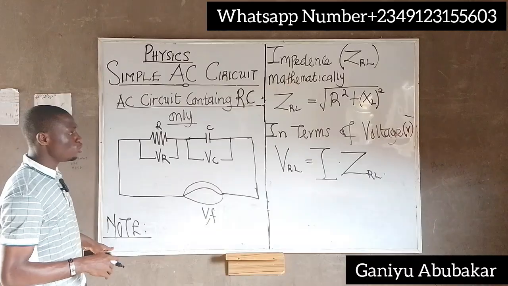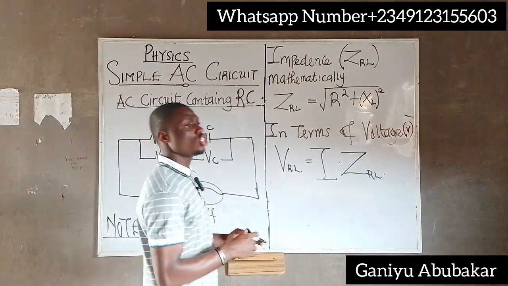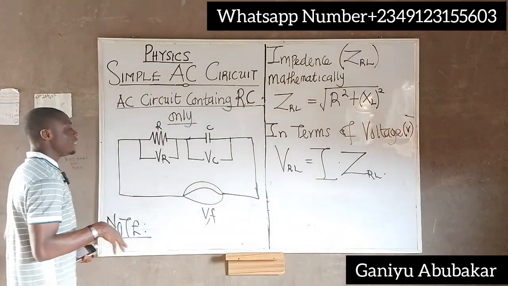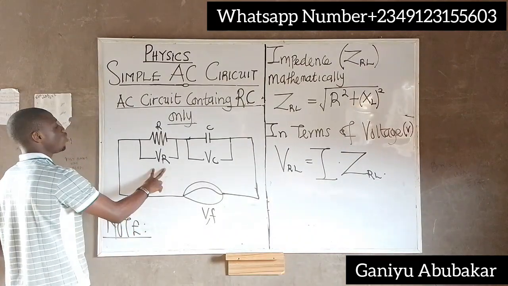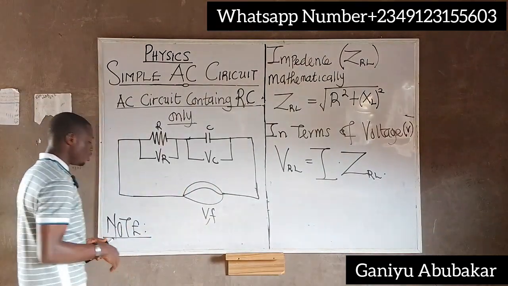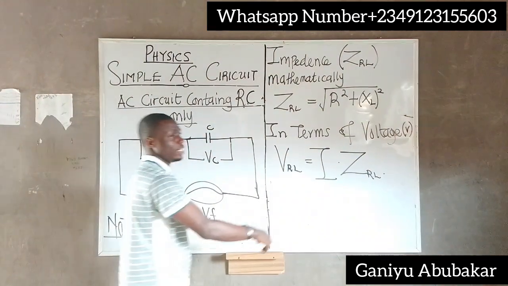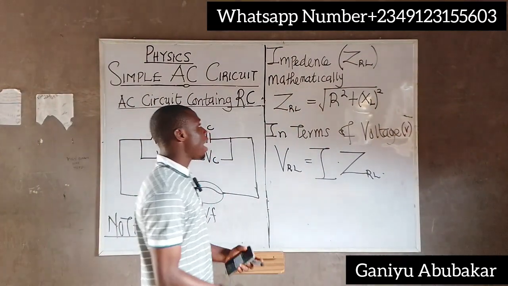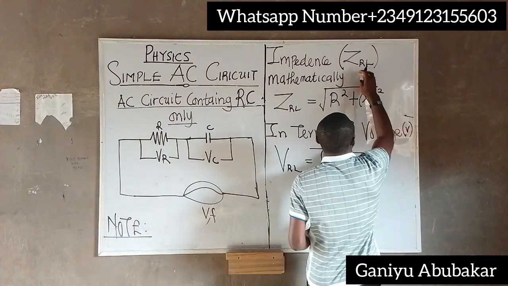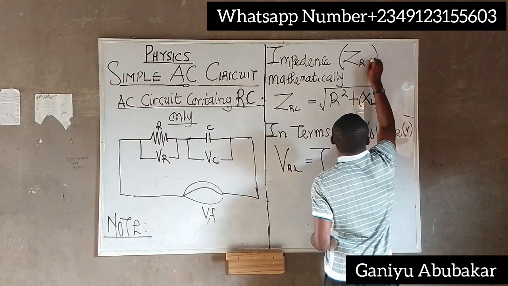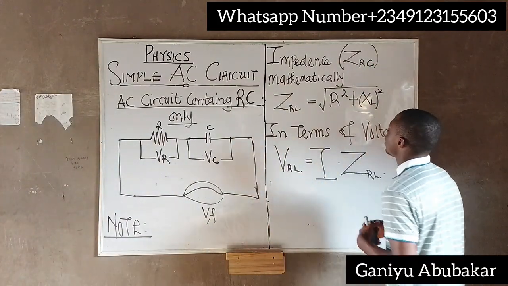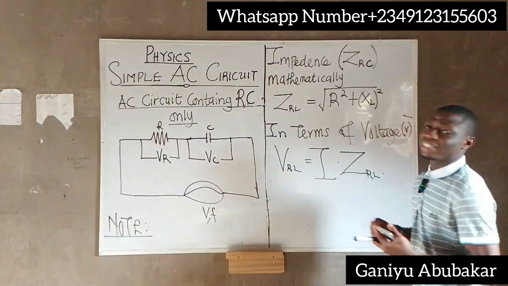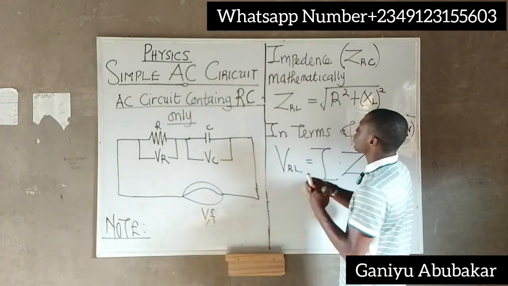Note at this point that the opposition to the flow of current in a resistor and capacitor circuit is called impedance. That's the impedance, Z_RC. Mathematically, impedance Z_RC